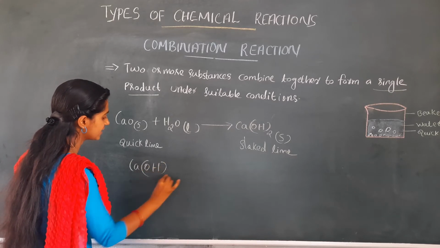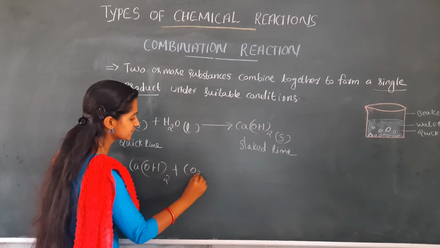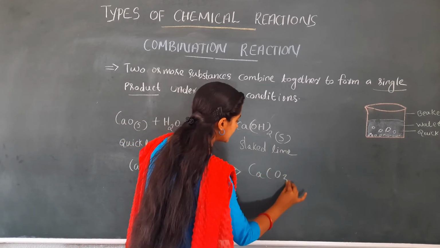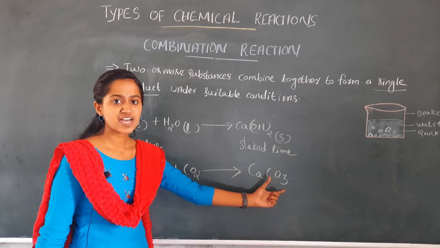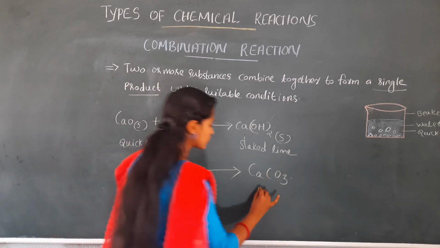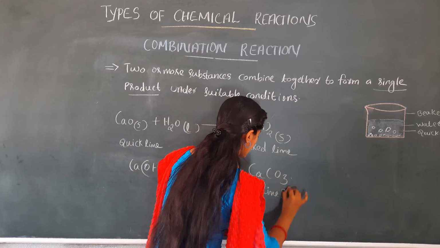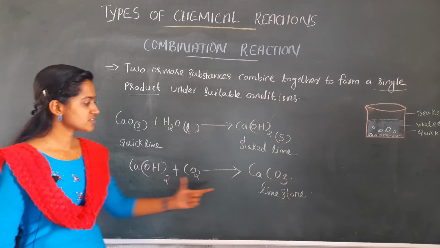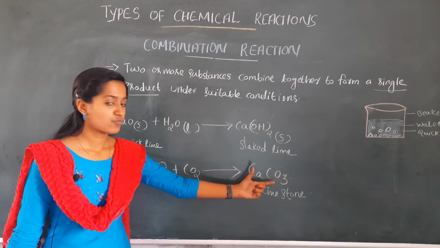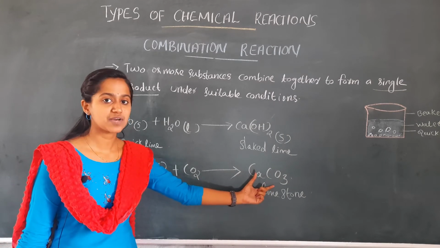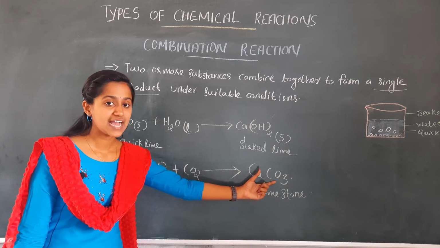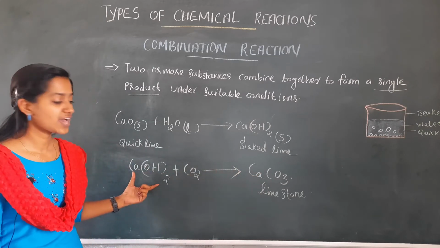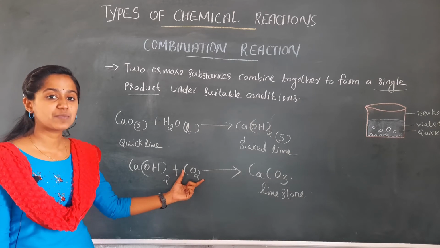calcium hydroxide reacts with the carbon dioxide present in the atmosphere to form a thin layer that we call calcium carbonate. This calcium carbonate, commonly called limestone, is white in color, and this process is called whitewashing. For whitewashing purposes we can use calcium carbonate. The formed product calcium carbonate is milky in color, and this is a test we can use to identify the presence of carbon dioxide gas.